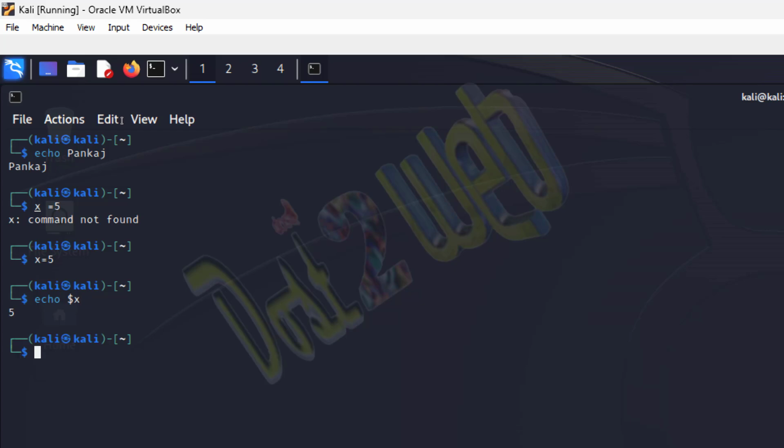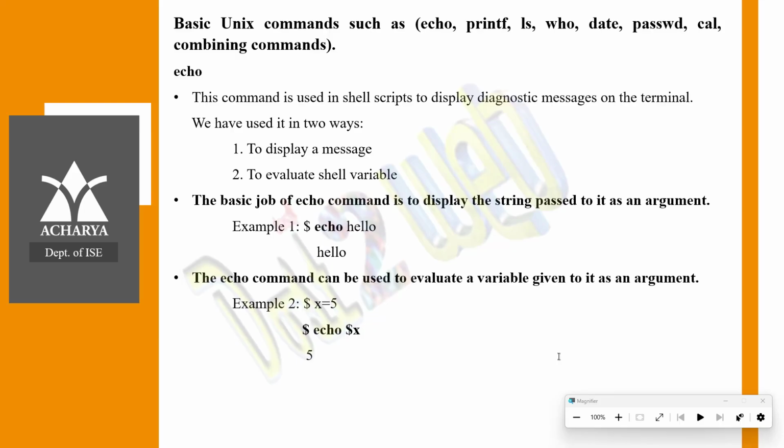So, that is why you have to see that it matters, right. I am printing the variable, clear? So, even you can evaluate any variable using echo.